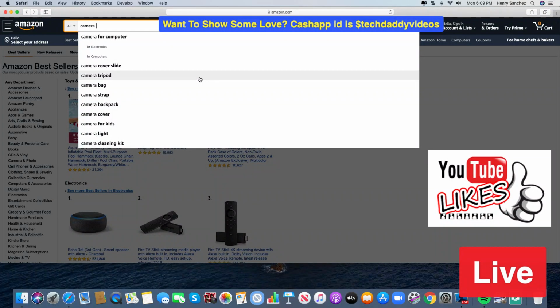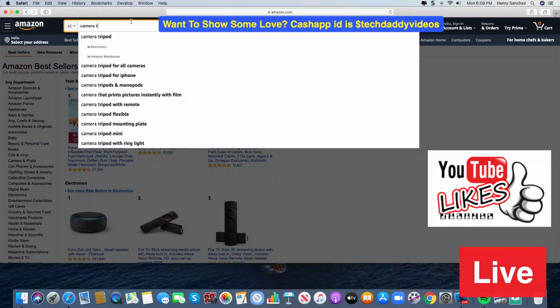If I'm looking for a tripod, I'm just going to type in tripod as it continues, and as soon as I put in the TR, you can see all the hints that Amazon is giving you when you are looking for a camera.